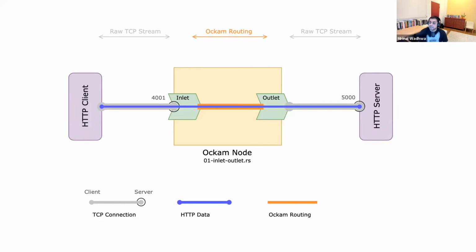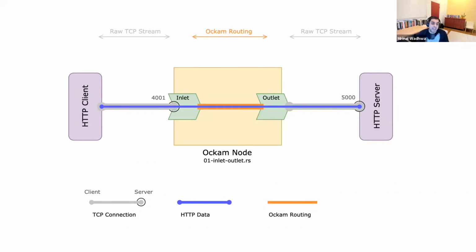So what we're doing here is, there's a node running that knows how to do Ockam routing. We've got a vanilla HTTP server on one side, and we've got a vanilla HTTP client on the other side. And we're able to proxy data or tunnel data through an Ockam node, where the HTTP client could be curl and the HTTP server could be Nginx, and they have no clue about Ockam routing. They're just your standard curl and Nginx, except